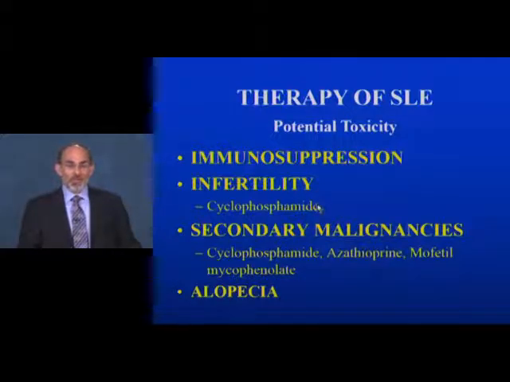So these medications, when they are primary disease-modifying agents in lupus, all immunosuppress. Cyclophosphamide for sure, and perhaps azathioprine, can cause infertility. All of these immunosuppressive agents can cause secondary malignancies, and believe it or not, kids, especially girls in high school, are bothered more by this than by any of that, because these are sort of theoretical and in the future. This is the here and now. And this may be enough to be non-compliant with medication. So we have to not impose our own values on what is or is not important in terms of toxicities